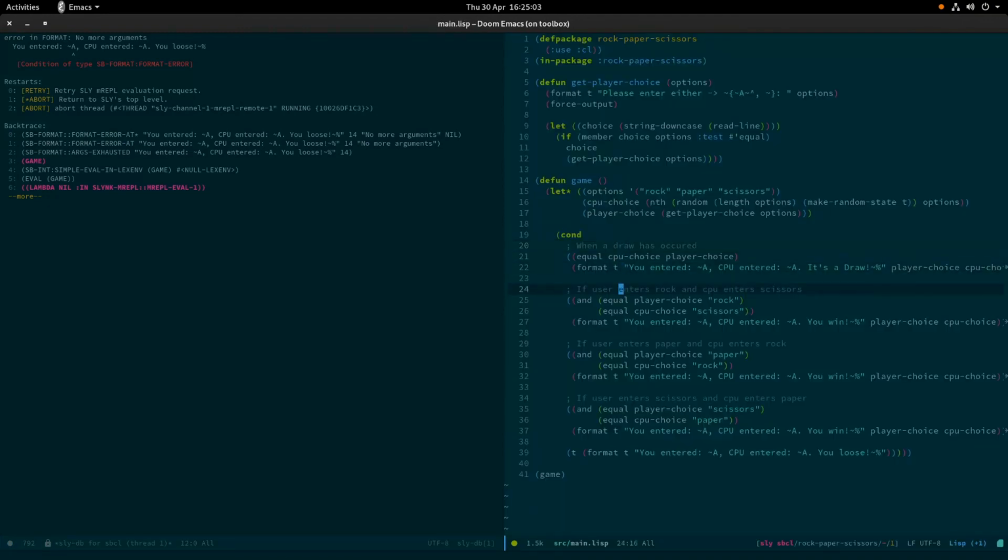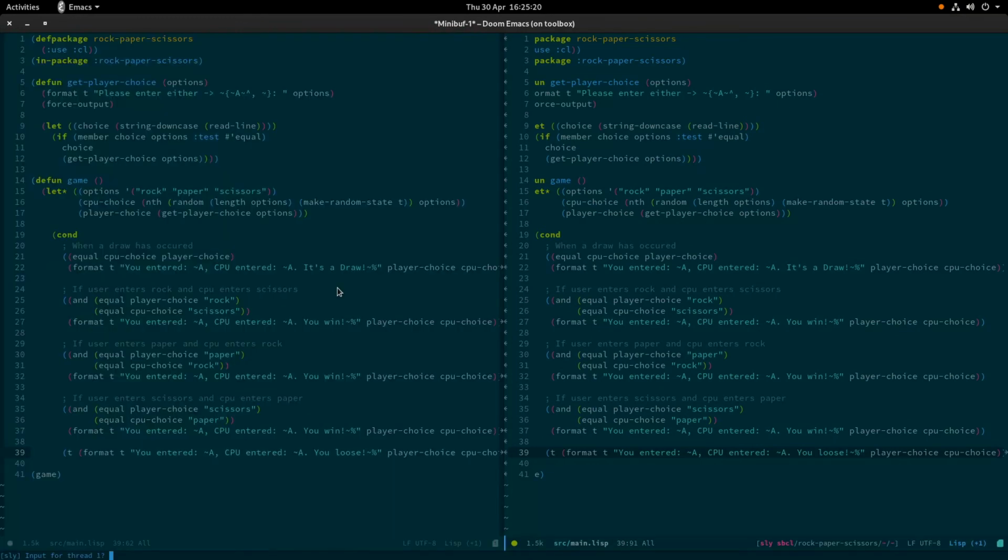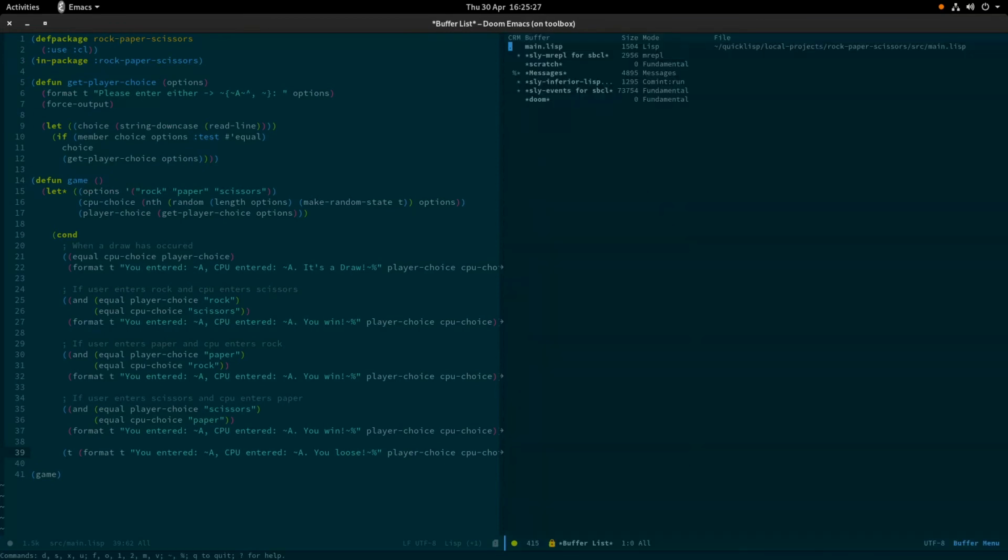Right, okay. We have another bug because I have forgotten to pass the actual parameters in here. So this needs player choice and CPU choice. We compile it and we jump back to the debugger. And just like I showed you before, if we retry,